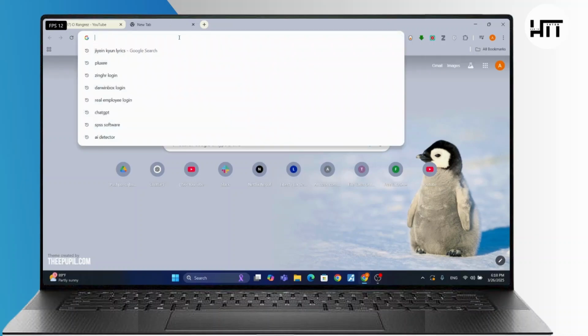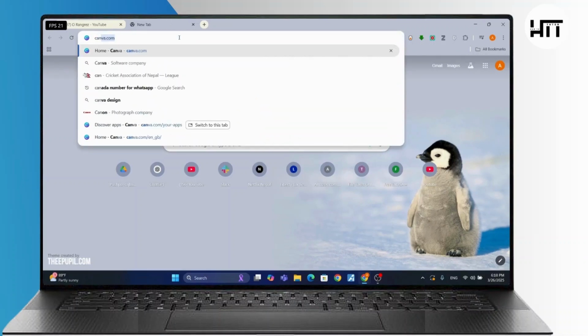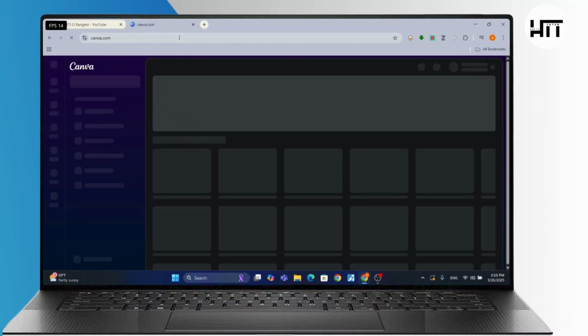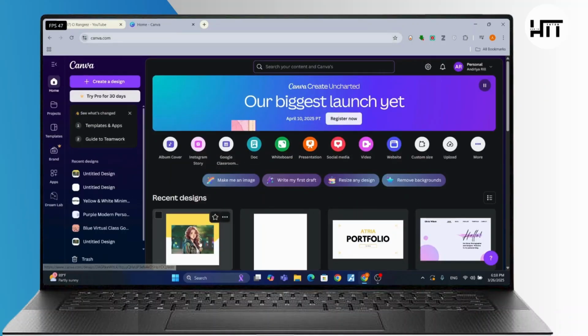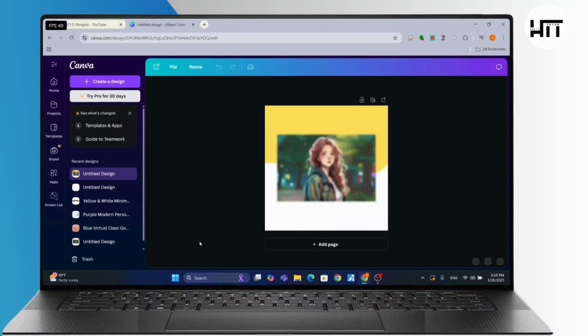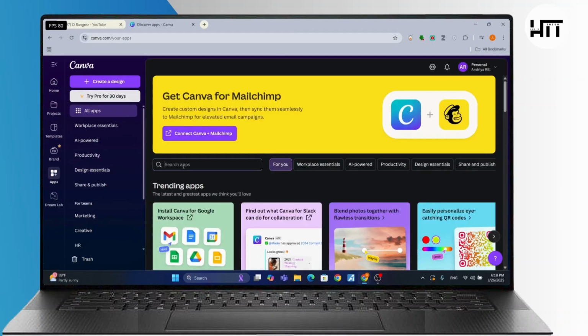Open any web browser, search canva.com, press enter on your keyboard. Sign in to your account. Now you can open your design. Click on Apps on the left tab. Click the search bar at the top of your screen and type in Embed